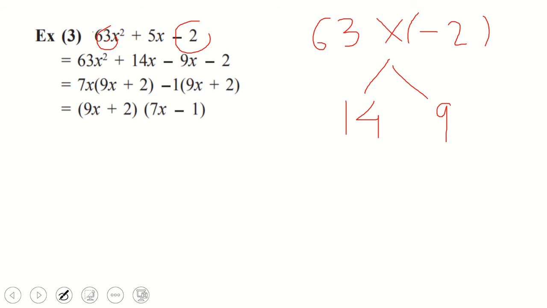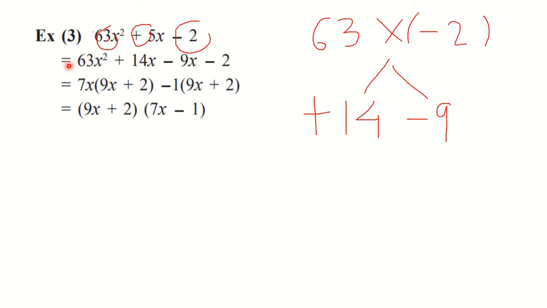Now which number will have the plus sign and which number will have the minus sign? To decide that, you have to observe the sign of the middle term. See, the middle term is positive and therefore the bigger number is positive and the smaller number is negative. So minus 126 I have split as plus 14 and minus 9. Okay, so now you can see the split here. You can see clearly how the number 5 is written. 5 is written as plus 14 minus 9.